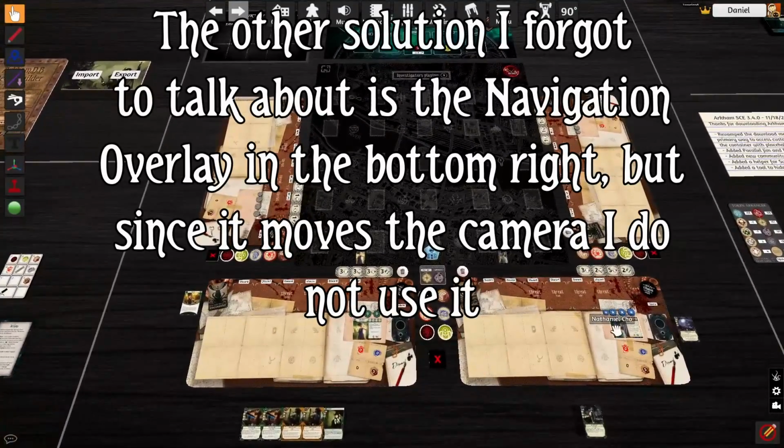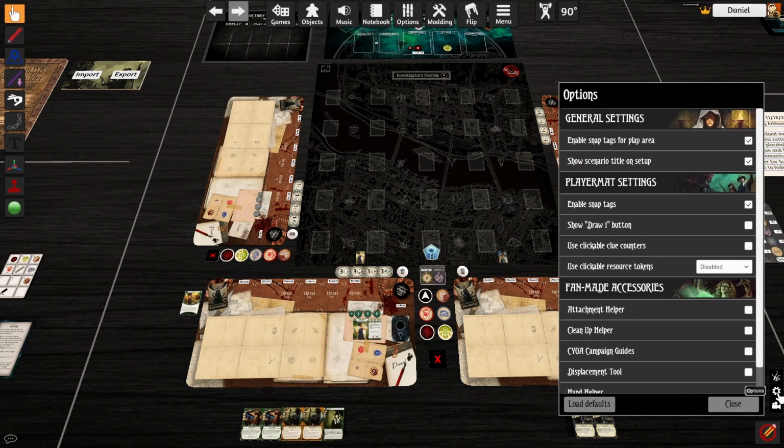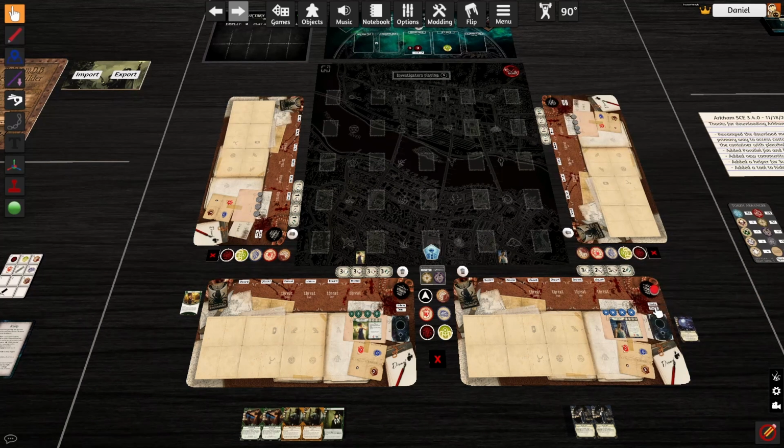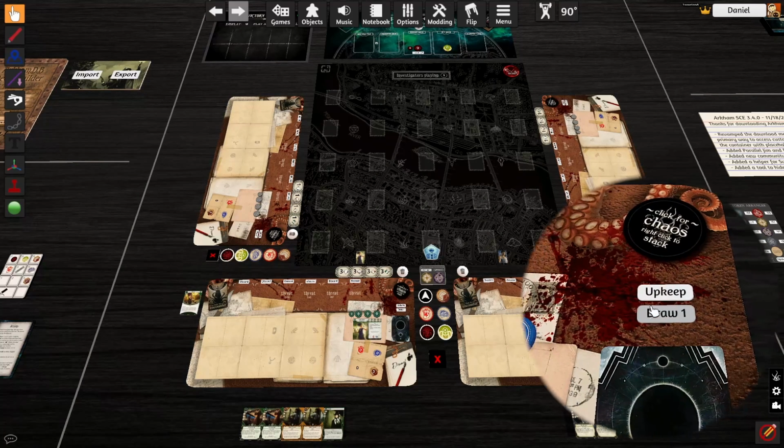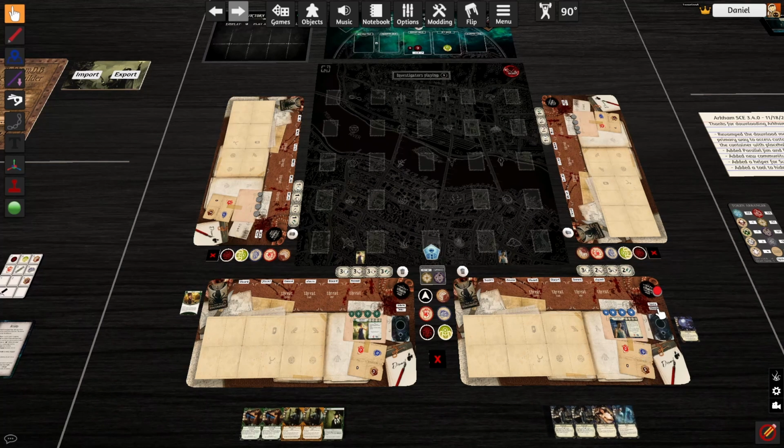Okay, back to the original problem. How do I draw cards? Again, you can just do this and then press F to flip. That's okay. But another thing you can do is go to the options menu and click this Show Draw One button. And there's this new button here that we can't see that well, but I'll zoom in. Underneath the Upkeep button, there is a Draw One button, and you can click that to just draw single cards